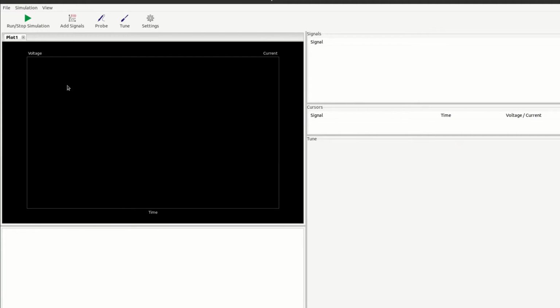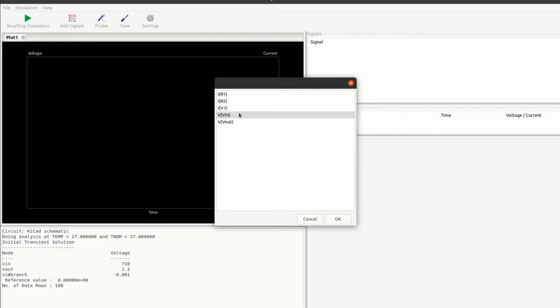Now we want to run our simulation. Press run and stop simulation. See here, we have number of data rows of 108 and reference voltage is 0. Click on add signals. We get R1, R2, V1, V2, V in, V out, and I stands for current and V stands for voltages.